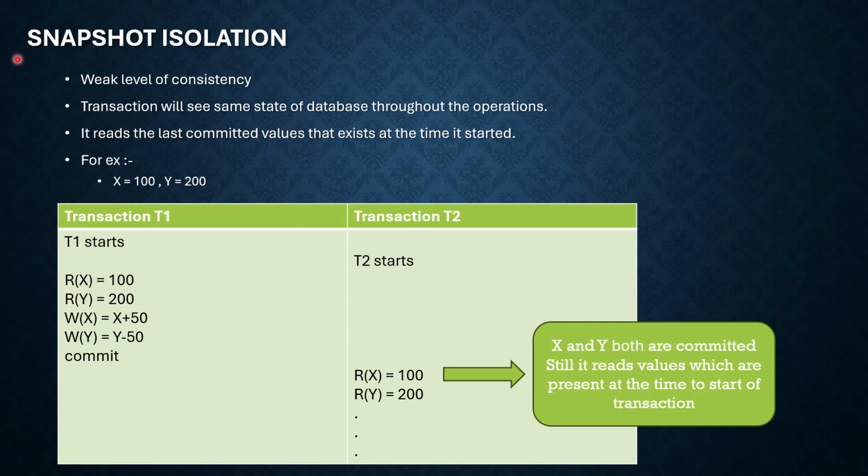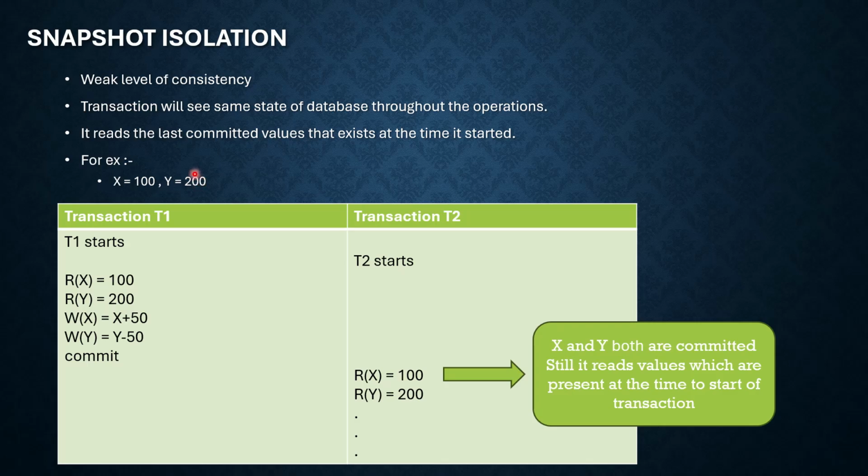So let's look more at snapshot isolation. So what is snapshot isolation? It is a weak level of consistency, as I already said. A transaction will see the same state of the database throughout its operations. It reads the last committed values that exist at the time it started. For example,